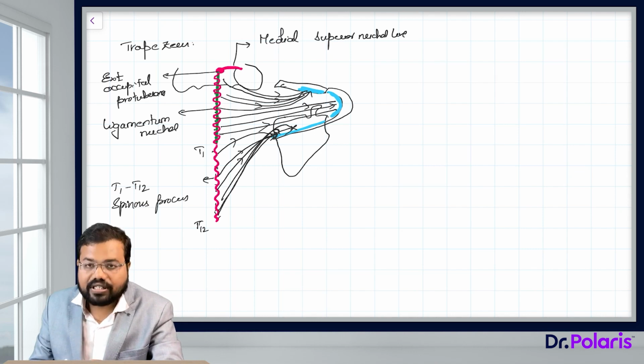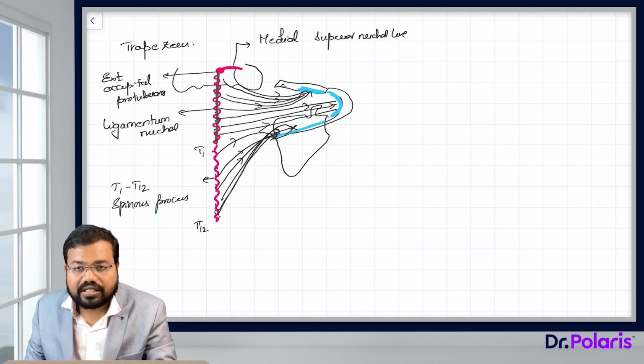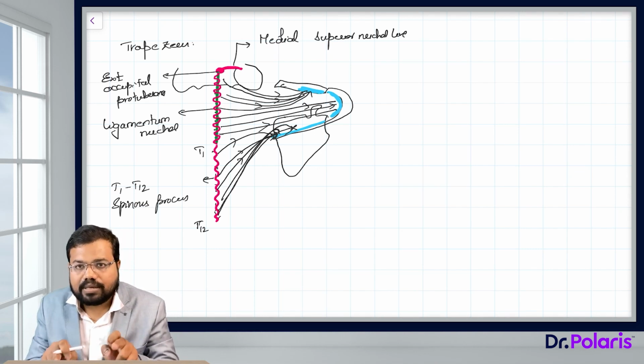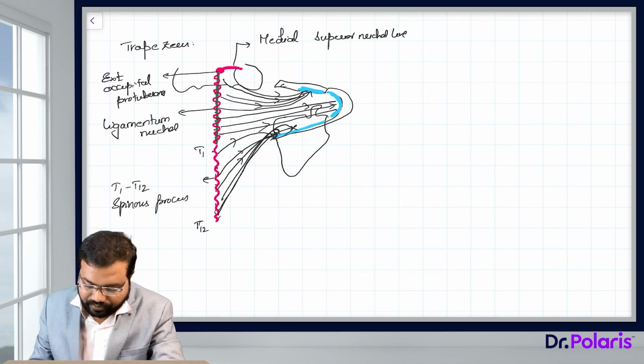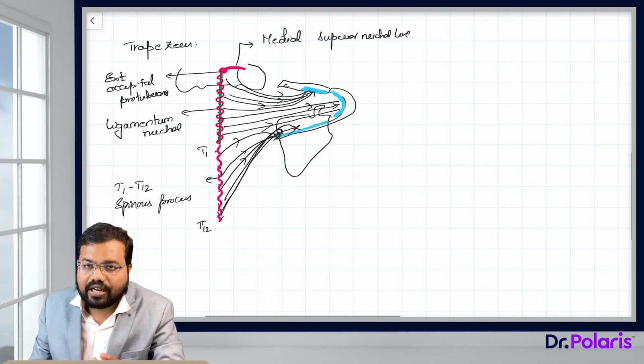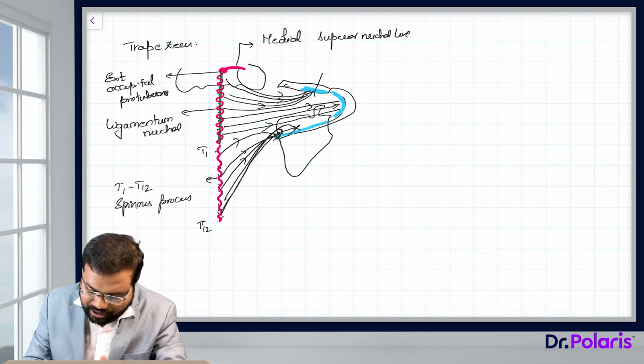So this is on one side. On the other side also it will be like this, which gives a trapezoid shape, and hence the name trapezius is given. On one side it is triangular, and if you combine both triangles, it forms a trapezius. So the insertion is